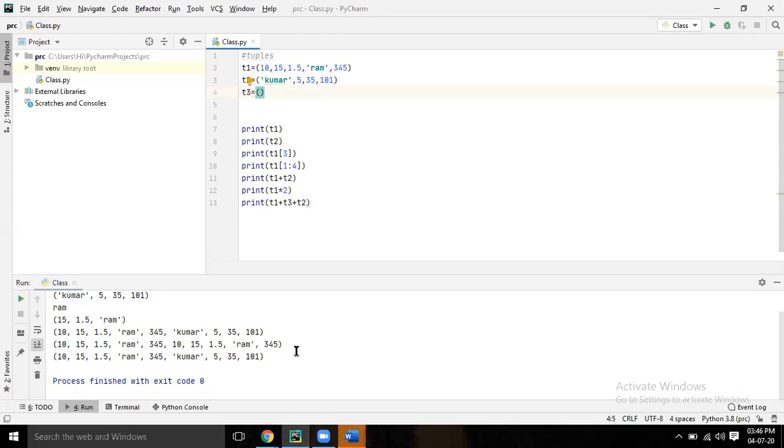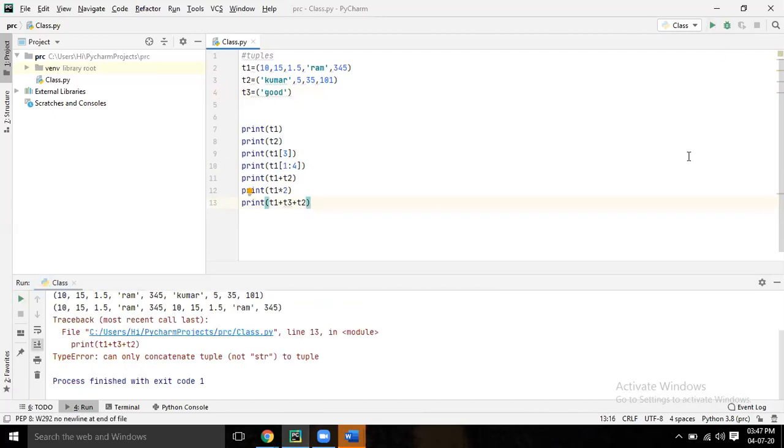What you are seeing? It came both. Actually, concatenate means the items of t1 and items of t2 are combined. But in t3 there is no item, so nothing is combined. If you give some item, they will combine and come.